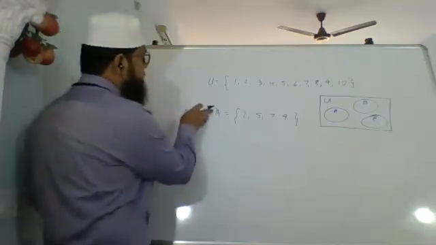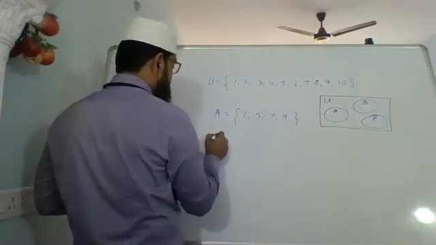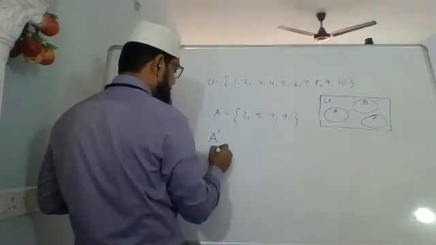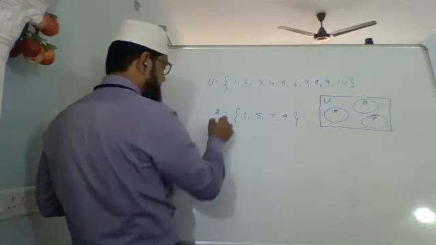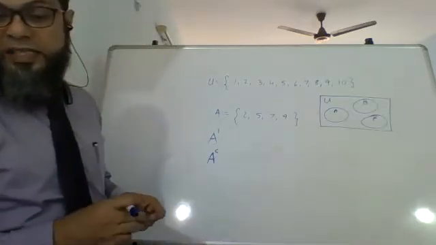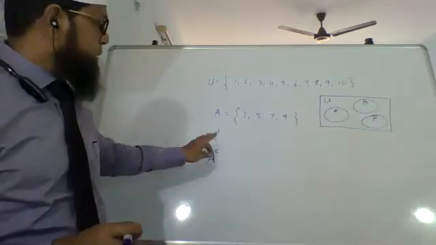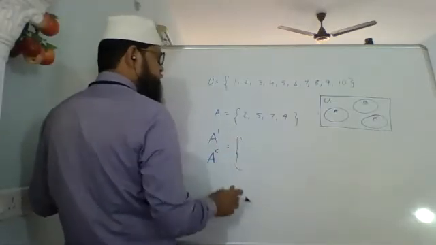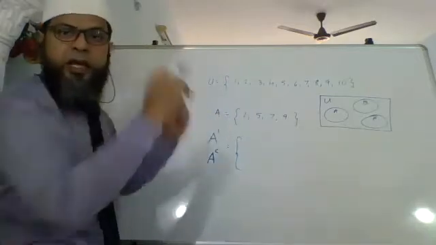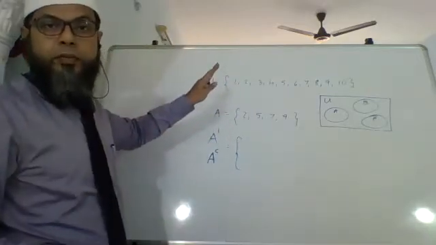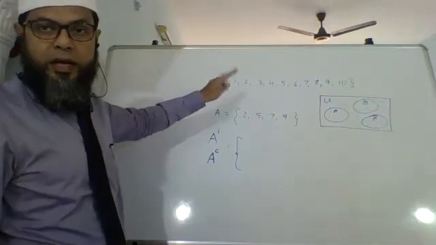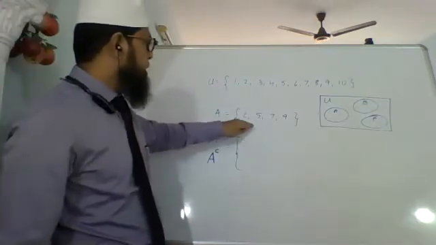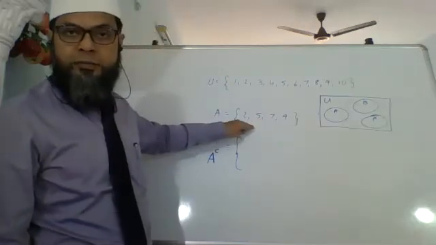So now complement of set A, which is represented as A dash, or at times it is also written as A उसके ऊपर छोटा C, A dash or A C. Normally, more often it is written as A dash. Okay, C बहुत कम यूज होता है, but this can be written. So what would that be? That would be जितने भी एलिमेंट्स यूनिवर्सल सेट में है, all the elements which are there in the universal set minus the elements in the set A.